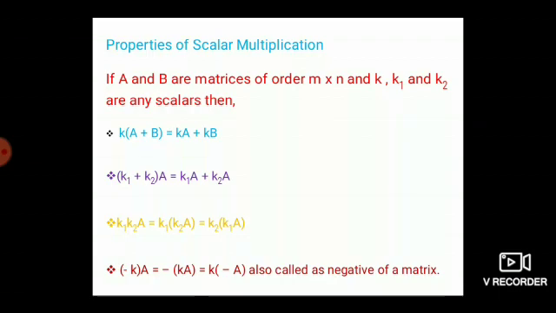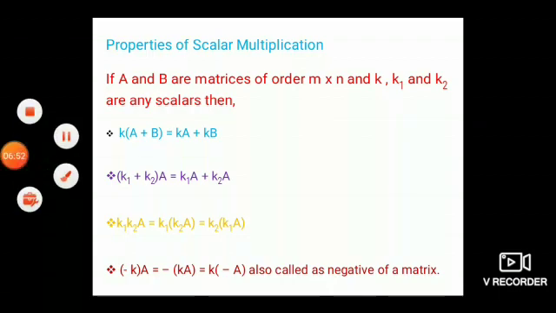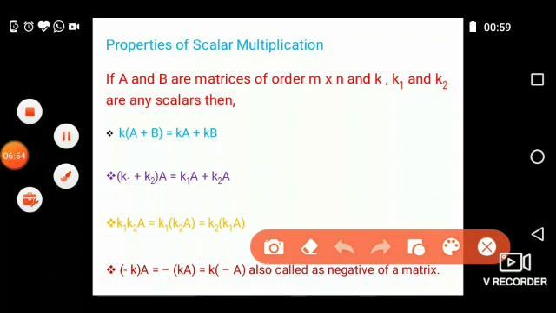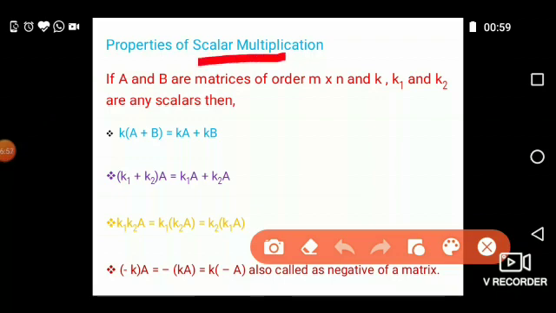Likewise, we have the properties of scalar multiplication. We have studied what is meant by scalar multiplication. Any real number can be multiplied to a given matrix. Such multiplication is called a scalar multiplication. In this case, we are going to study the properties of scalar multiplication. If A and B are matrices of order m cross n and K, K1 and K2 are any three real numbers, then we have